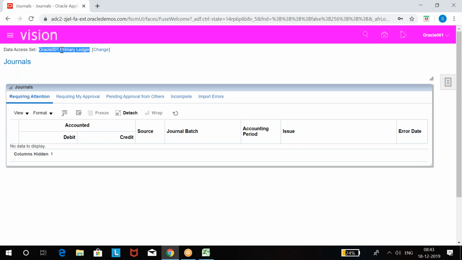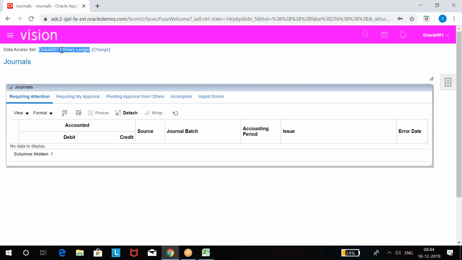Because of job roles. Yesterday, if you remember, we assigned 5 GL related job roles, and I said because of GL related job roles, we got this journal accounting. And from journal accounting, if you want to create journals and post journals, you need access to the ledger. We got this ledger access because we provided data access to the job roles, isn't it?